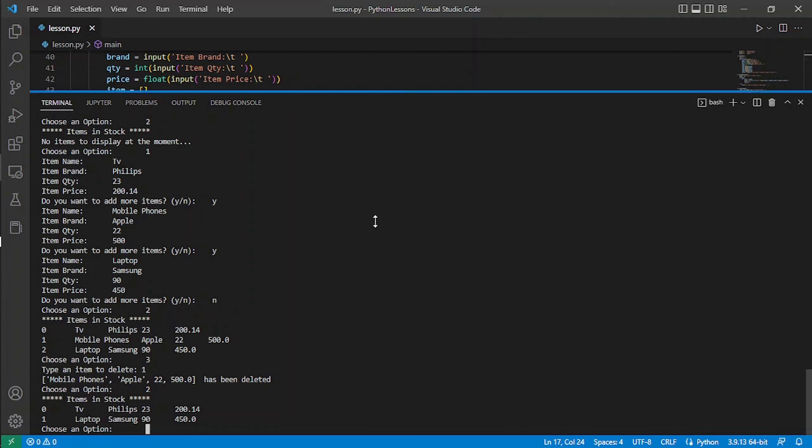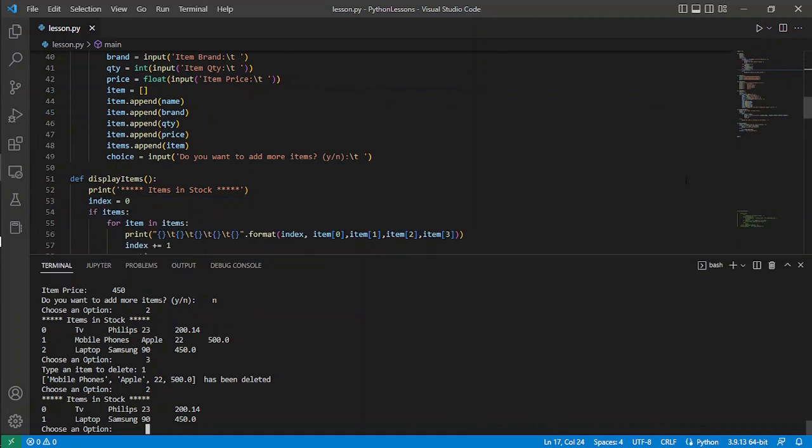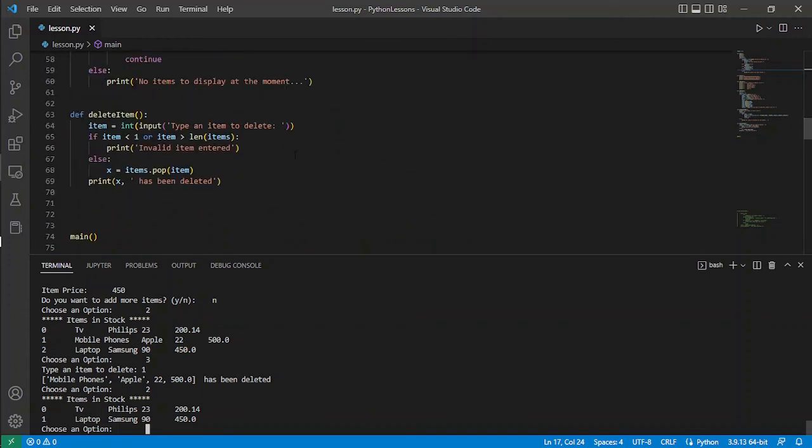Another important thing to mention here is that in a real world application, as you can imagine, there are so many ways that this very delete function could be written. For example, there should be a way to verify input. If somebody, instead of typing 1 or 2, just types letter A or some sentence in the prompt, what would happen? If somebody tries that here, this application is going to crash. So what we are going to also do, most probably as time goes on, is to use different methods to make sure that the application doesn't crash if somebody mistakenly types in what they shouldn't have typed in. That is very important. But the reason I just made it this simple is that this is just a very simple application,